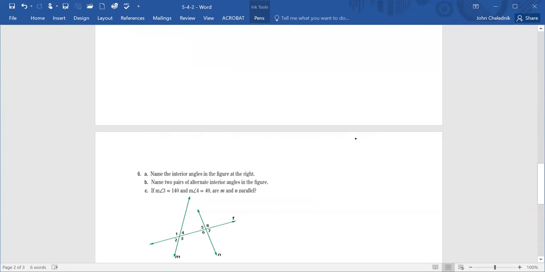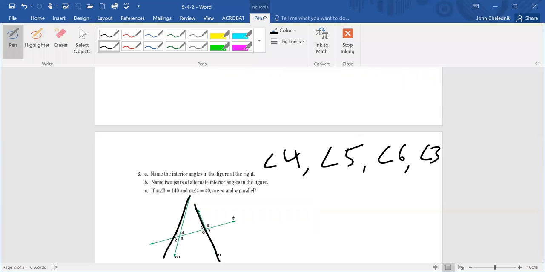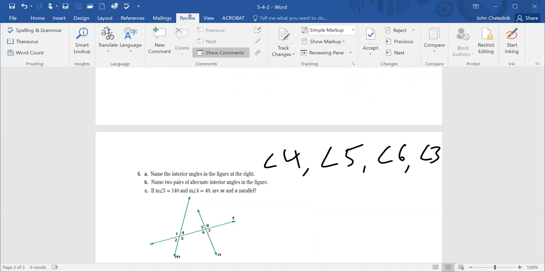So it says, name the interior angles in the figure at the right. Well, it's not at the right, it's actually below. But the interior angles would be on the inside of these two lines here. So it would be angle 4, angle 5, angle 6, and angle 3. Part B says, name 2 pairs of alternate interior angles. Okay, I can do that. Alternate interior angles. So that would be